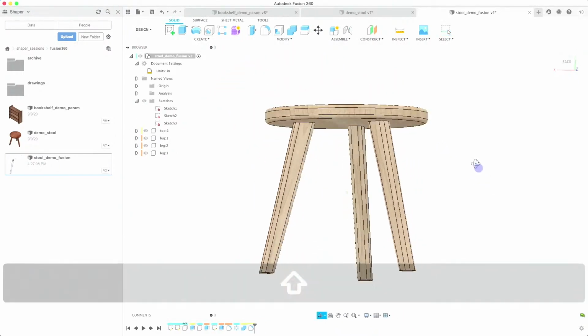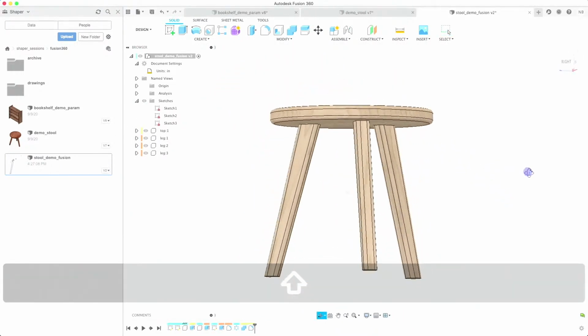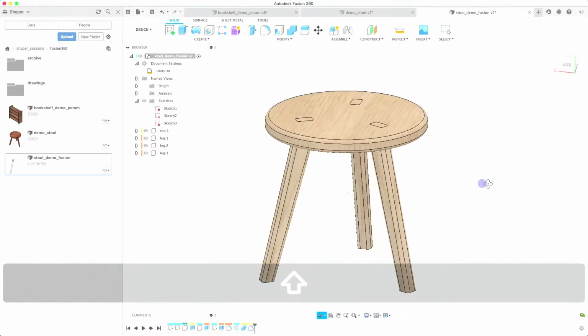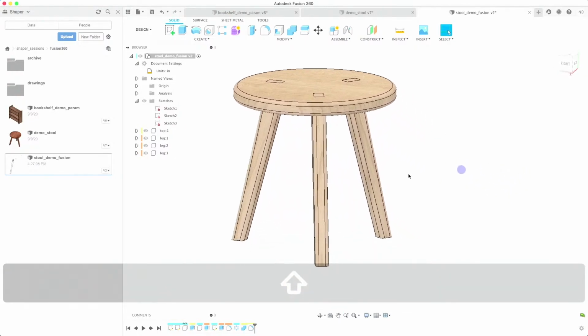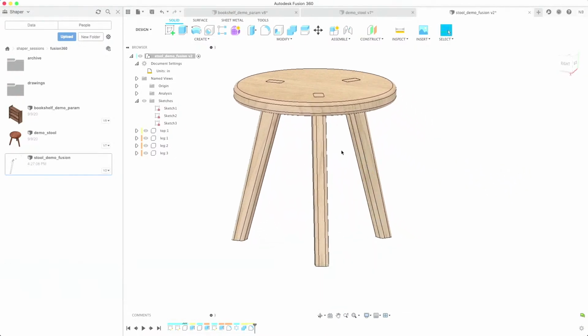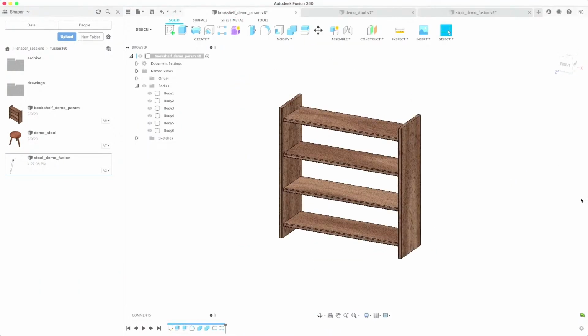And here we are back in the design. You can see it does bring the wood texture into the design view, but it's not rendering currently. So this is just the regular canvas view. So that is that. I'm just going to go ahead and open this bookshelf file that I have pre-made